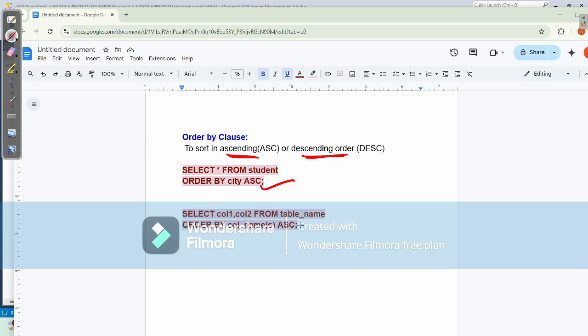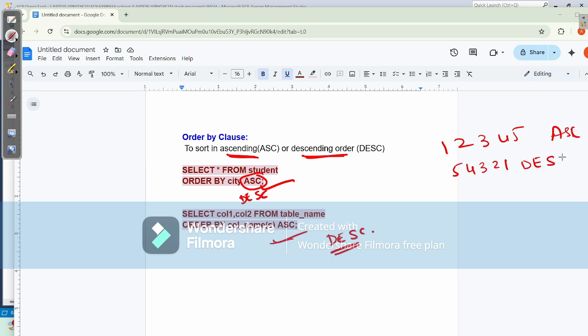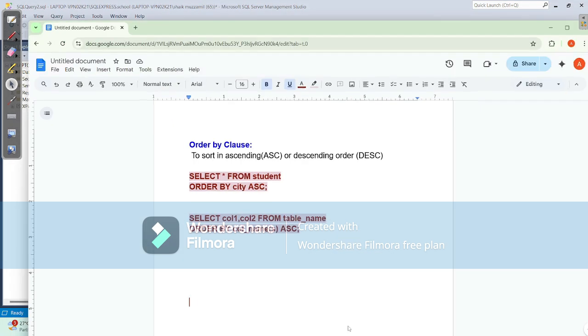Select column 1, column 2 from table name order by column name ASC. Or else you can write DESC for descending order. Ascending order is 1, 2, 3, 4, 5, and descending order is 5, 4, 3, 2, 1. So these are the clauses used.